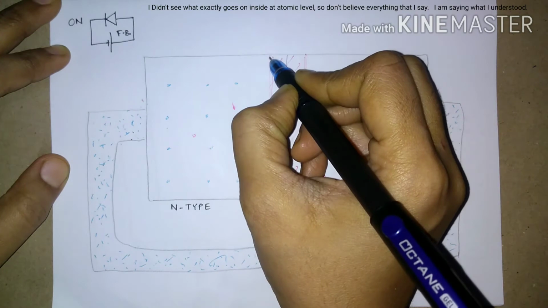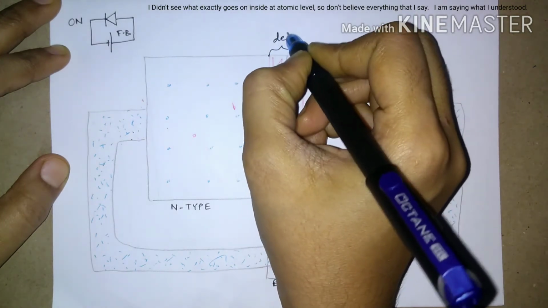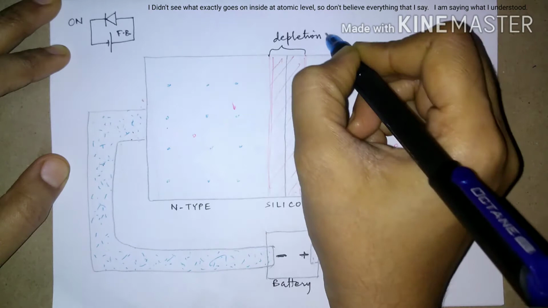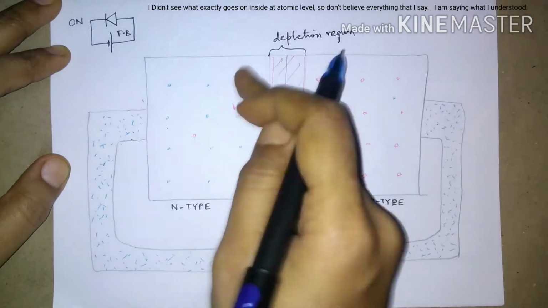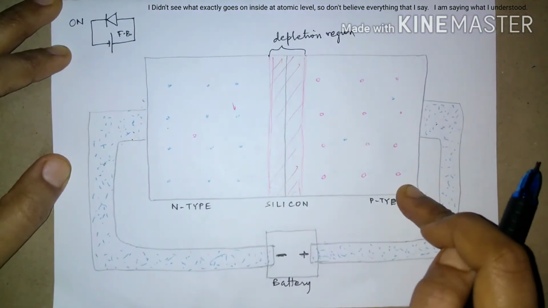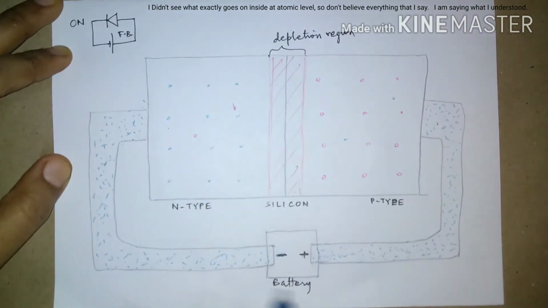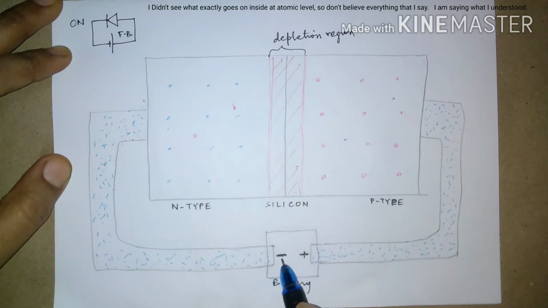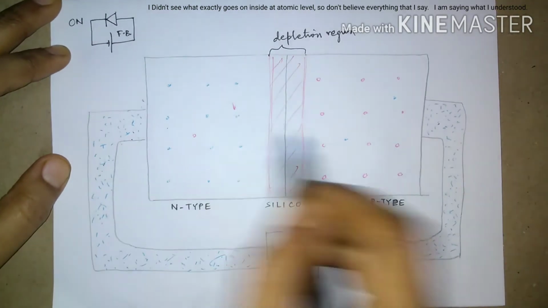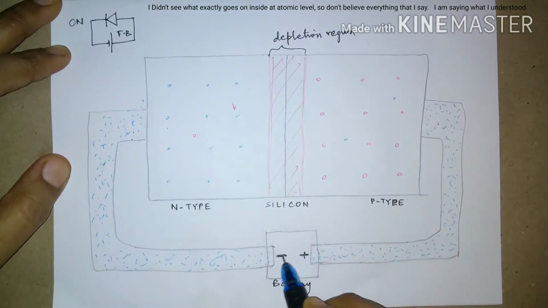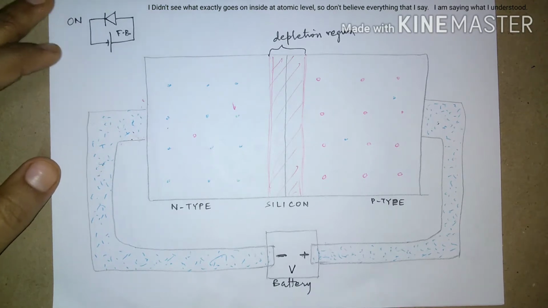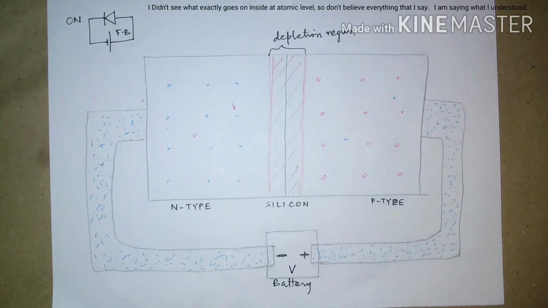So this is the depletion region, this is N type and this is P type. Clear with this whole diagram? Now, what happens as soon as you connect a battery? What happens as soon as you close this whole circuit? The electrons are getting repelled by this voltage, whatever we have applied. So I want you to focus on another thing.